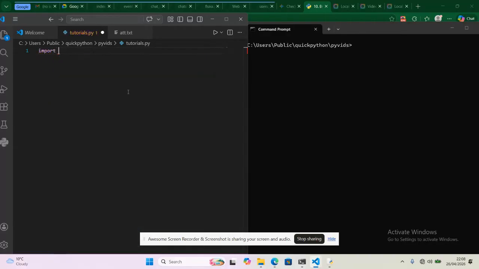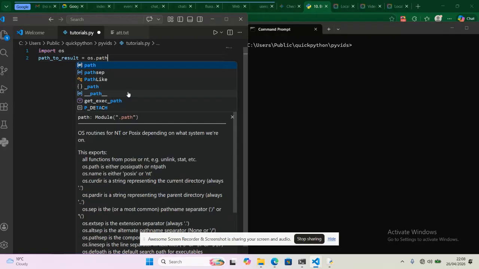So first we import OS, and then this is what we're going to do. We're going to define a variable that's going to hold the path for the directory and all of the subdirectories we're going to create. So we say path_to_result. Let's imagine that the last directory we want to create is a results directory, and then the results directory is going to be in another directory probably called collation, and then the collation directory is going to be in another directory called exams. So what we're going to do is we're going to use os.path.join,